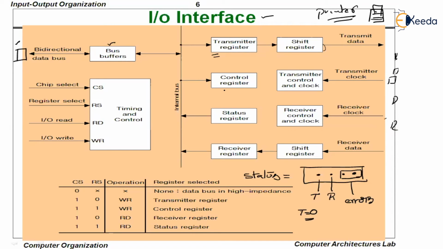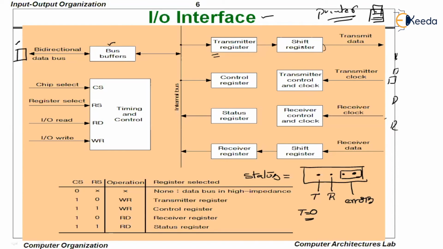Next thing is the control unit, this control register. This control register can hold any of the control commands which are sent by the CPU. What are the various control commands? The control command, which controls the actual device. Status command, which is going to check the status. The third one is the input command. The fourth one is the output command. Status register, you know that this status register will record the errors, and it is going to show you the status of the transmitter register and the receiver register as it is shown here.